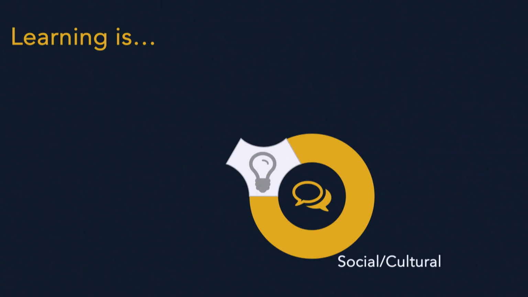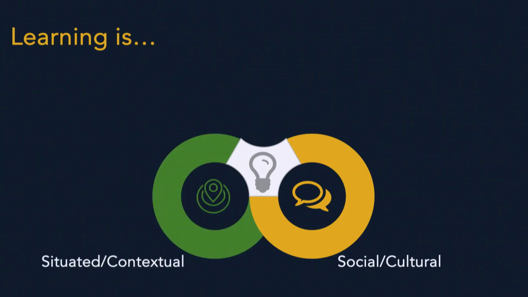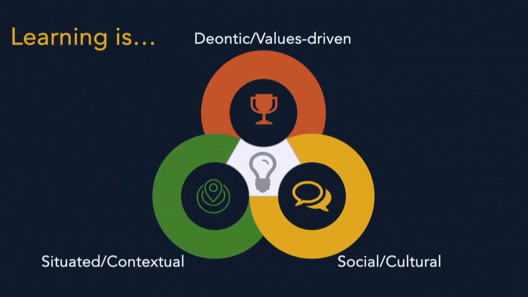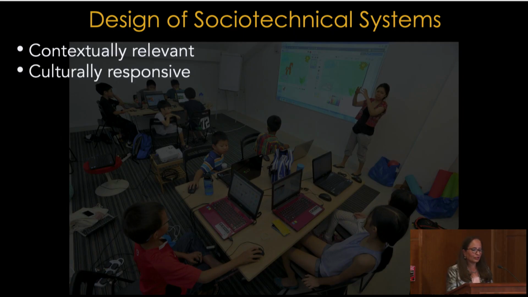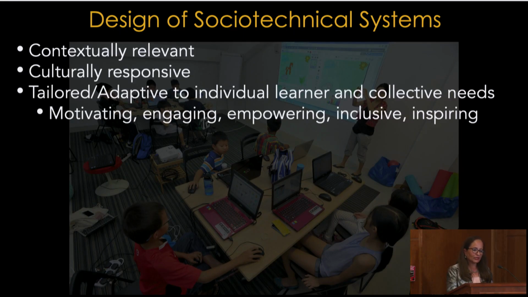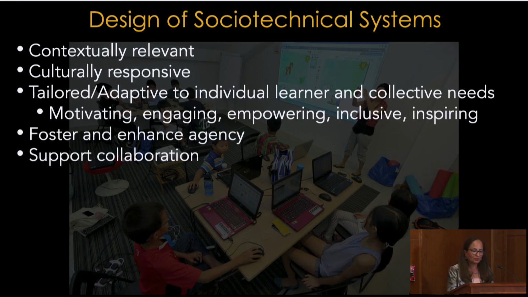Learning is social and cultural. It's situated and contextual, and it's deontic or values-driven. And so what this means in terms of considerations and features for socio-technical systems is that they need to be contextually relevant, culturally responsive, tailored or adaptive to individual learner as well as collective needs, foster and enhance agency, support